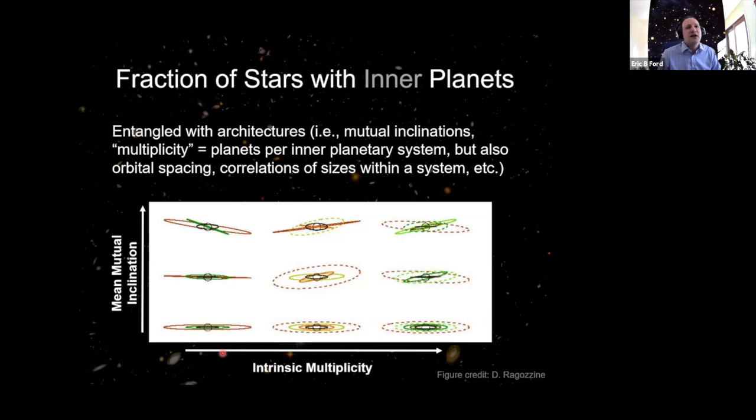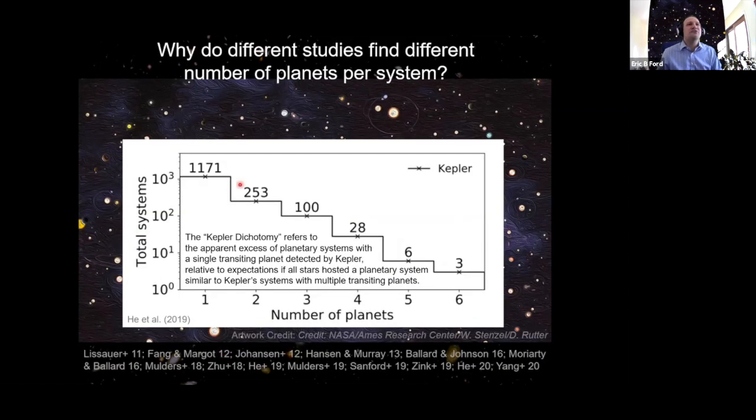And so a variety of studies have tried to model the multiple planet systems. In order to get so many 4, 5, 6 planet systems, you need the systems to be very nearly coplanar. And then you say, okay, what if I take that same assumption for coplanarity and put it to all my systems? When you look at what you predict for the singles, you underpredict them by about a factor of 3.